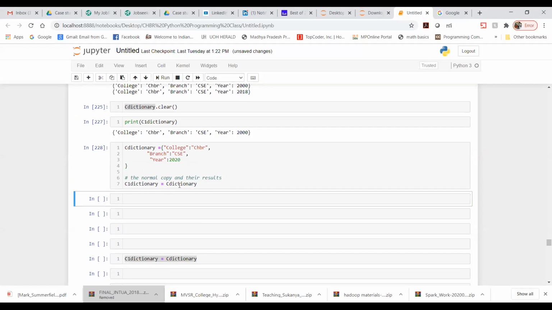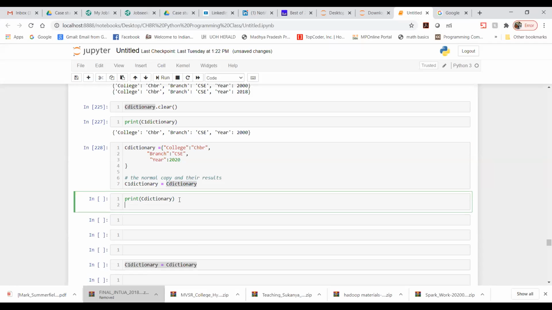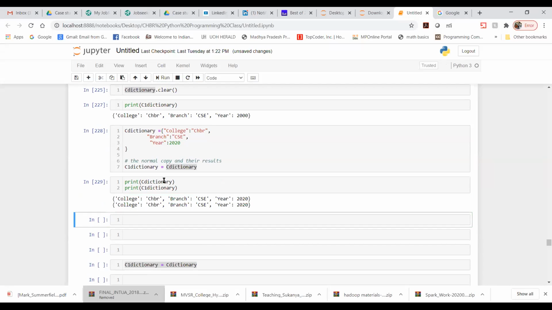Now let's print both the dictionaries. So everybody will be able to see this. Yes.